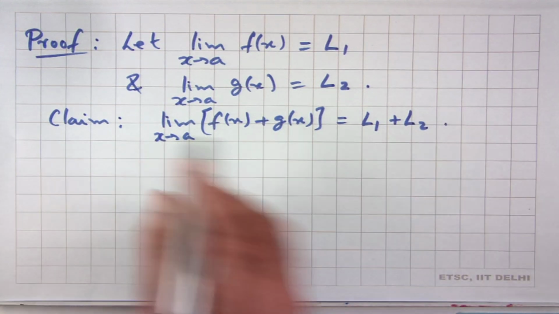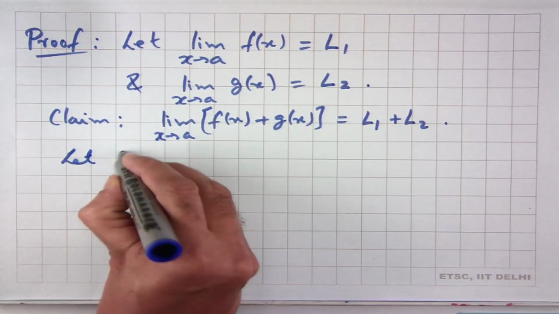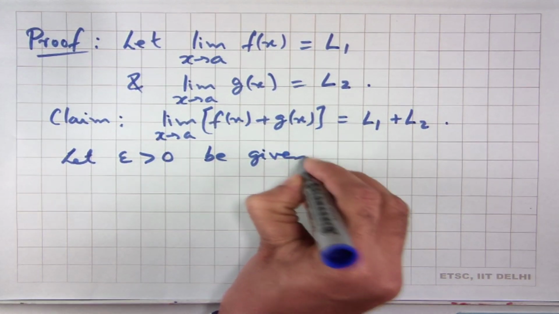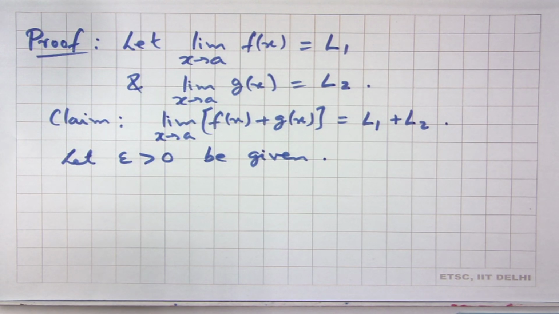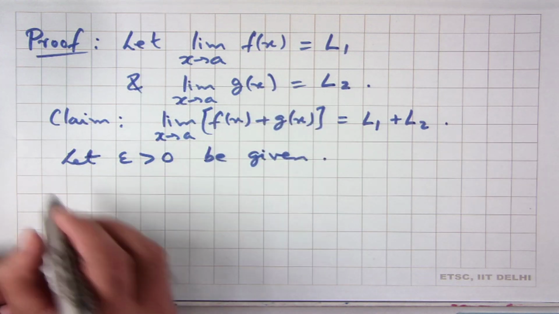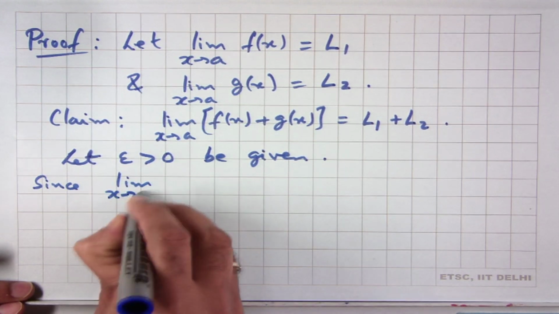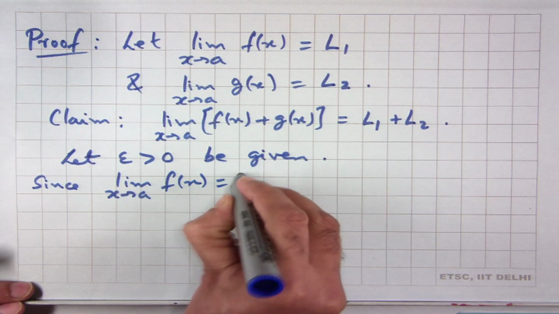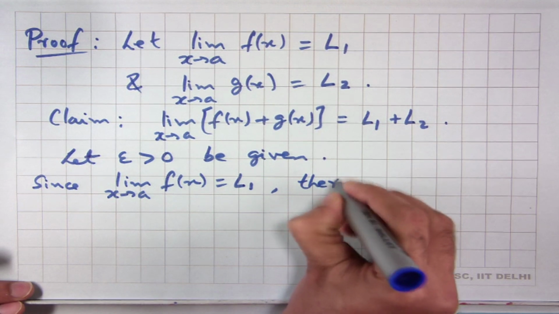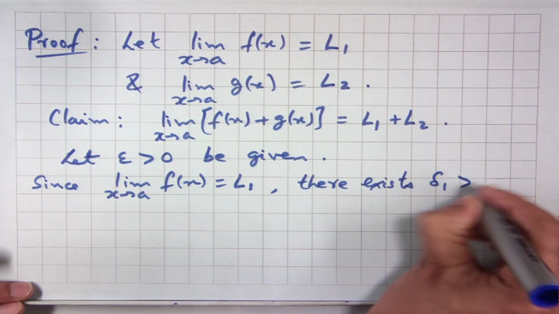So, to show this, we need to find a delta. So, let epsilon greater than 0 be given. We need to find a delta. First of all, we are given the limits of f x and g x. So, since the limit as x tends to a of f of x is equal to L 1, we know that there exists some delta 1 positive such that